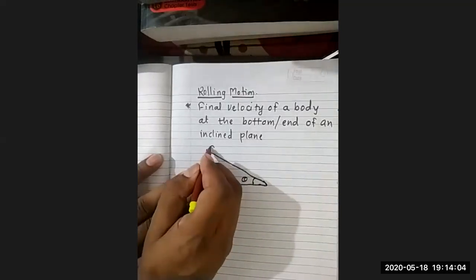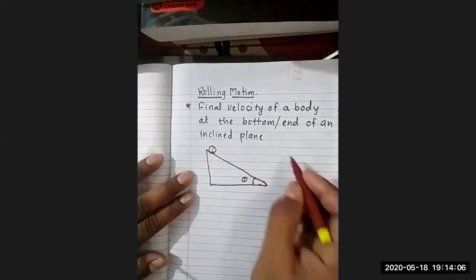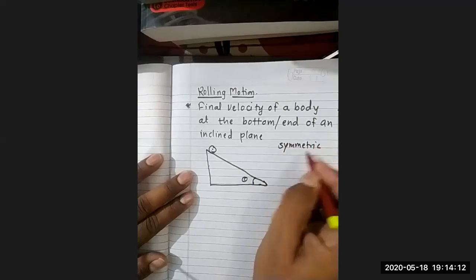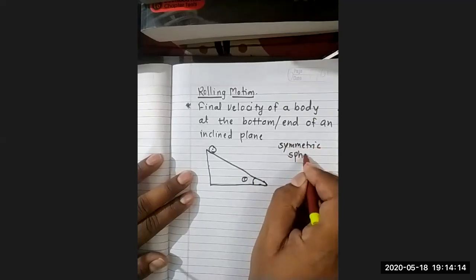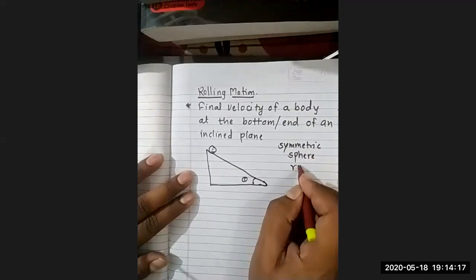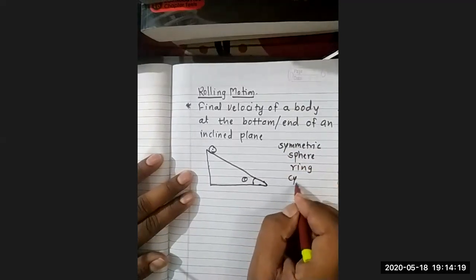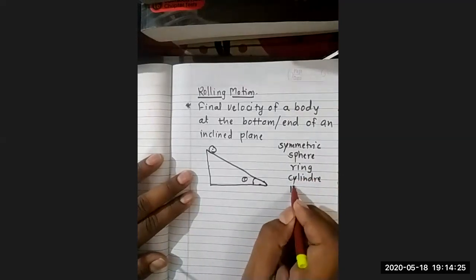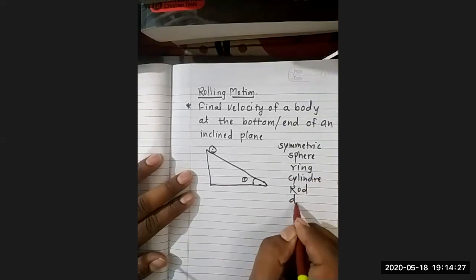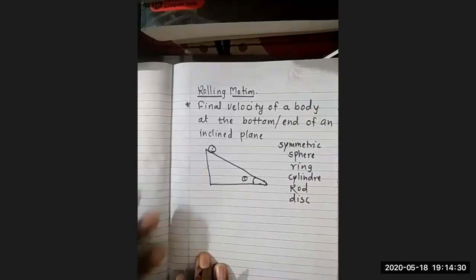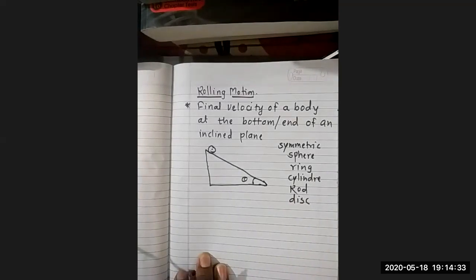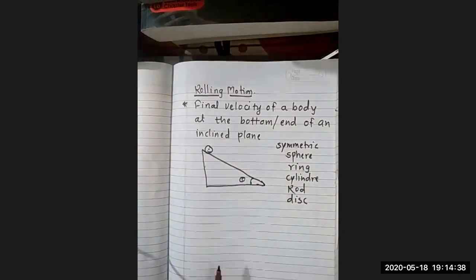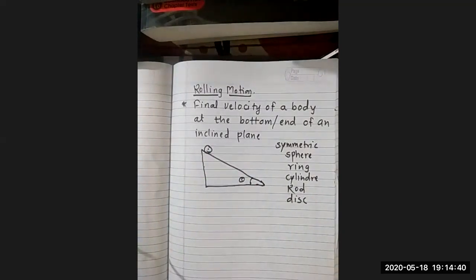And we are going to place an object. You can take any symmetric object. That means what kind of object could it be? It may be a sphere, a ring, a cylinder, a rod, or a disc. These are different kinds of symmetric objects that we can place at the top of the inclined plane. Now it is going to roll down, and we are quite aware that